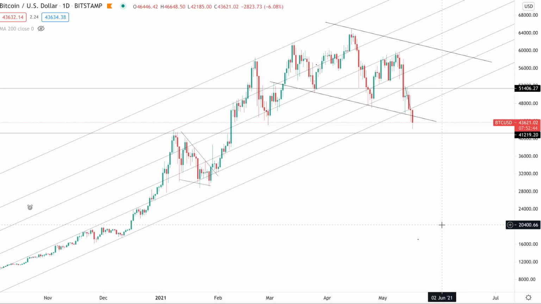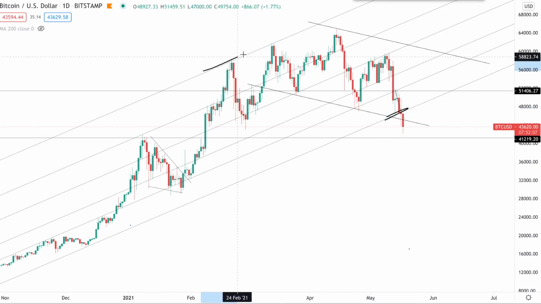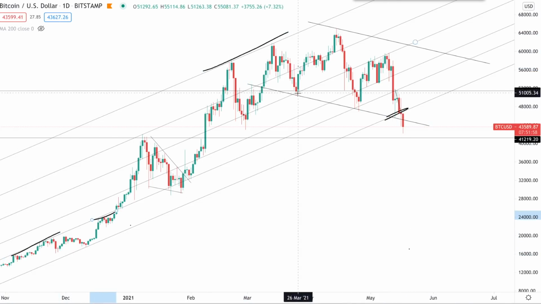My name is Peter and today's video is going to be focusing on Bitcoin. In the last video that we posted on Bitcoin, we talked about Bitcoin being at this confluence of support right here. That was price channel support from this entire price channel that we've been looking at ever since November with all these reactions along the way. And this trendline support capturing these reactions, one here, here, and another one right there.